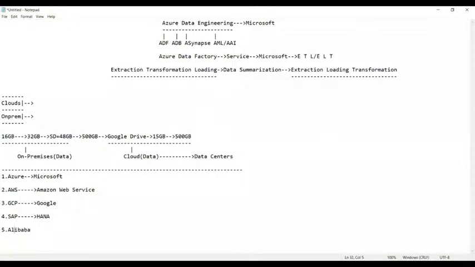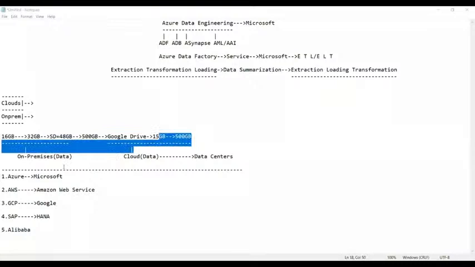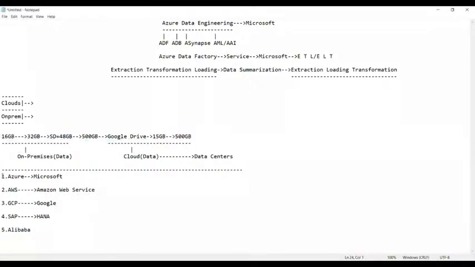Now, guys, we have many mobile phones available in the market. But who is called the market leader in mobile phones? iPhone. Apple is the market leader. Who is the second market leader even today? Samsung. Very good. Why? Because of some good features, the software they are using, whatever it may be. In the same way here, we have many cloud providers available in the market, but the market leaders are these three only.